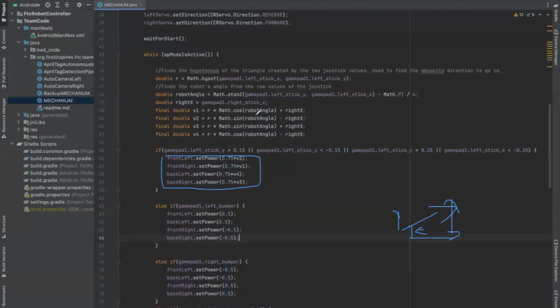After that, we're going to put V1, which is our cosine plus the right X, into front right, and our V4, which is cosine minus right X, into back left. So we're just taking these powers, and based on the input that we put into our left, we are going to give them power. But also, the input that we put into the right is going to play an important role. You see these minus and pluses? That's because